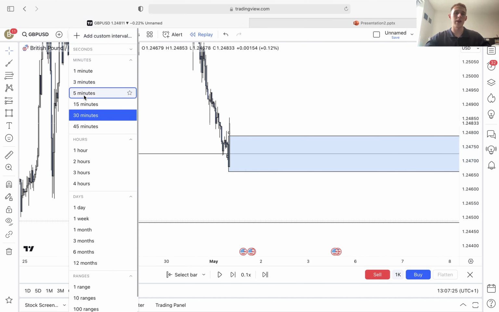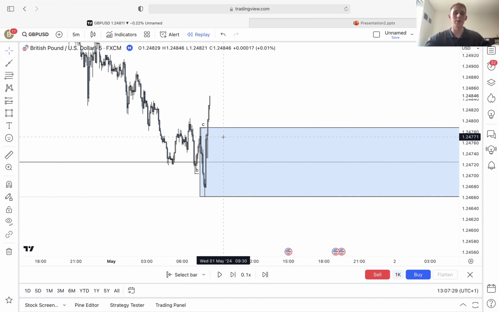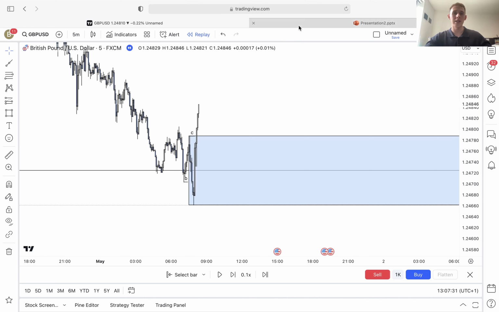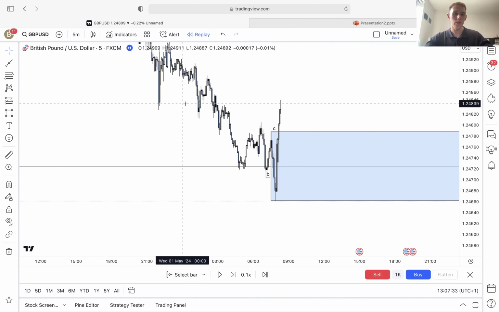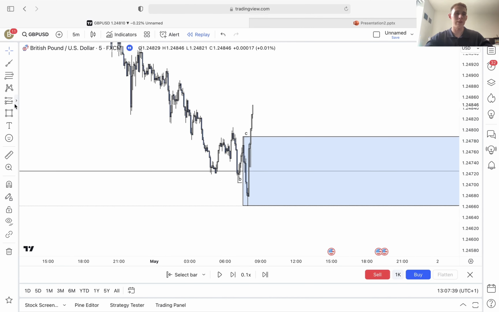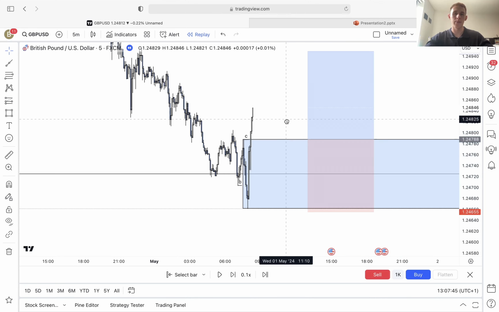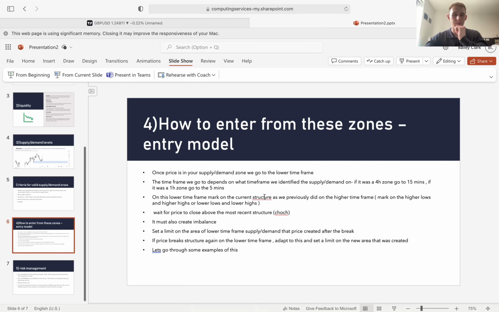But going back on the 5-minute to make it super clear, this is the area of demand that we want to be entering from. And since we have our confirmation, price came into the demand to the left, we had the lower time frame structure break with imbalance, we can now just set a limit on this zone just here. And as for targets,